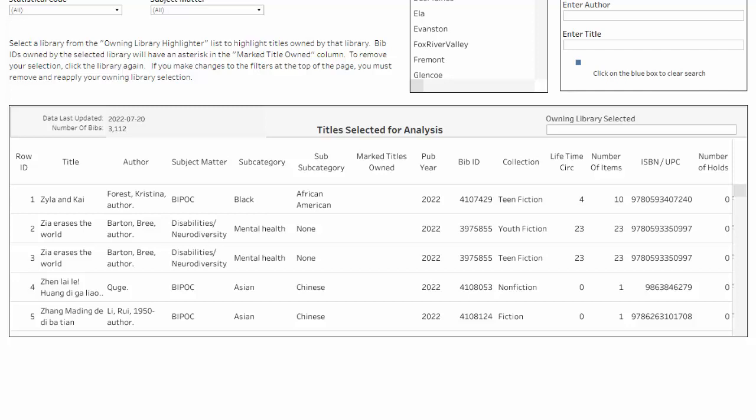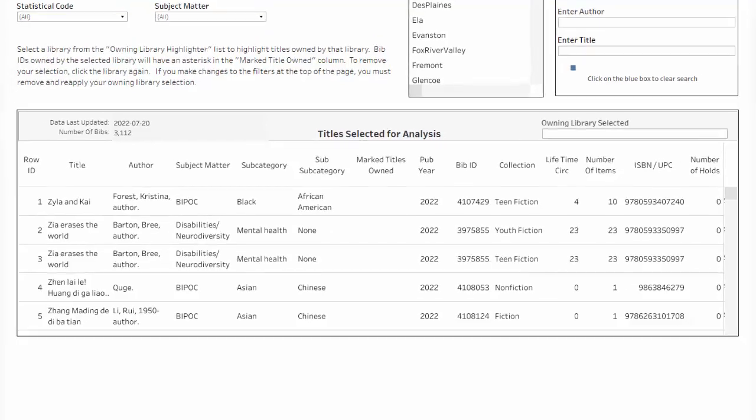The columns of data include title, author, subject matter category, subcategory, the subcategory for the BIPOC category, marked titles owned, publication year, bib ID, which is the control number of the bibliographic record, collection, lifetime circulation, number of item records linked to the bibliographic record, one of the ISBNs or UPCs from the bibliographic record, and the number of holds